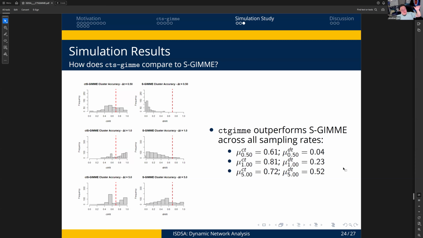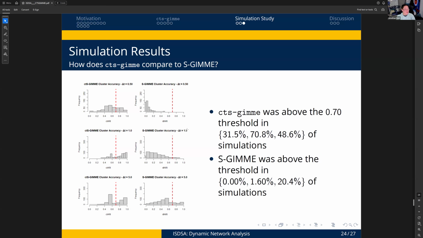One thing you should notice is that discrete time gimme is slowly getting better, right? So the slower I sample, the accuracy is improving. And in previous work that I've done with Sy-Miin and Peter, we basically tested a sampling rate of 10, and we found that discrete time gimme actually does do quite well when you sample relatively, like, very slow. And so that is something that is ongoing, but essentially, if you're uncertain about this kind of interval placement, if you're sampling fast or slow, continuous time gimme is much more consistent over the range of sampling rates that we're testing.